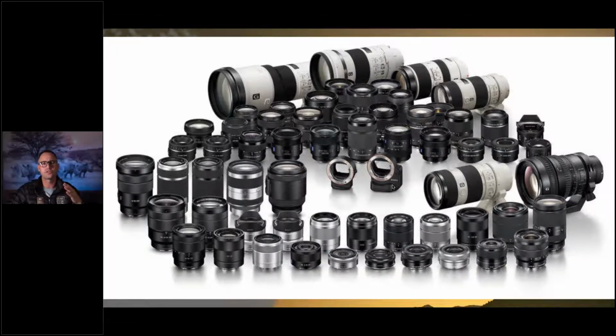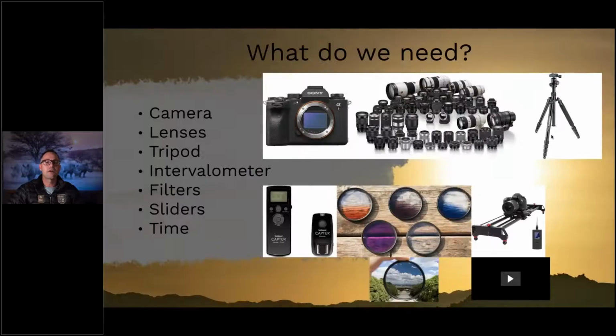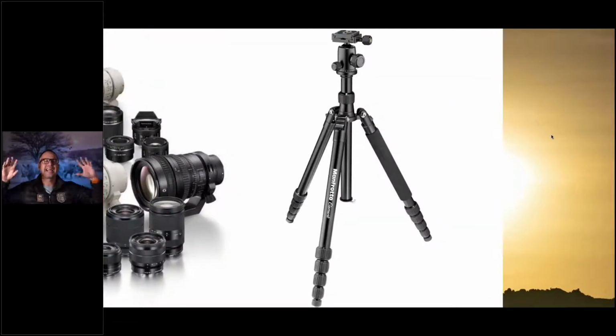My favorite lens to do time-lapse photography, Sony's got a 12 to 24 mil, and a 16 to 35 mil. I love those lenses. They're big, they're wide. We're often looking for clouds and how to set those things up and showing that space and that type of movement. The next vital, like beyond vital, once you've got a camera and a lens, your next most important buy